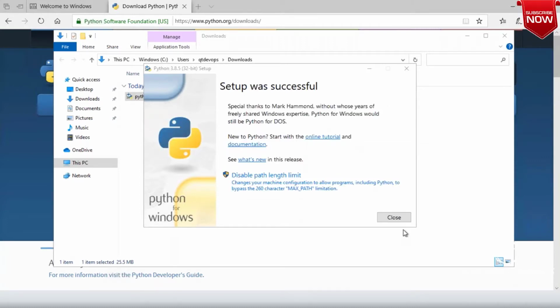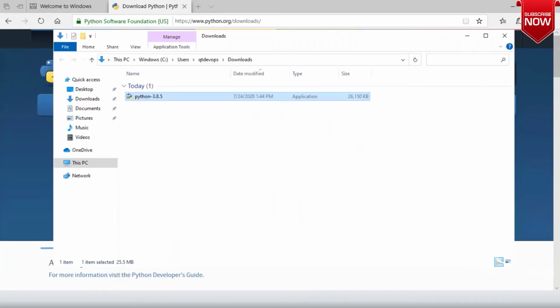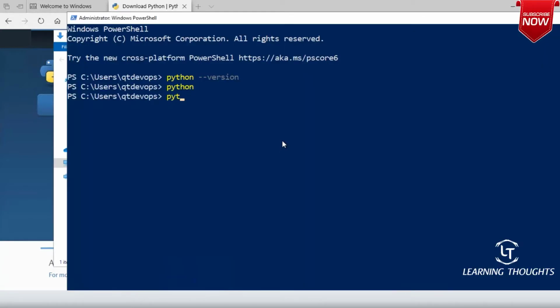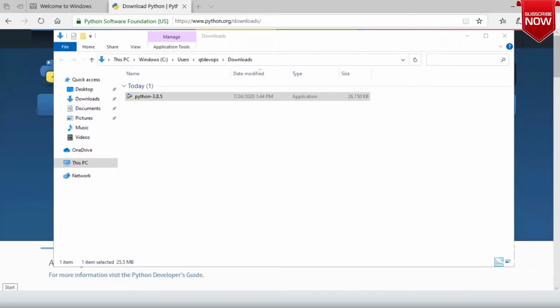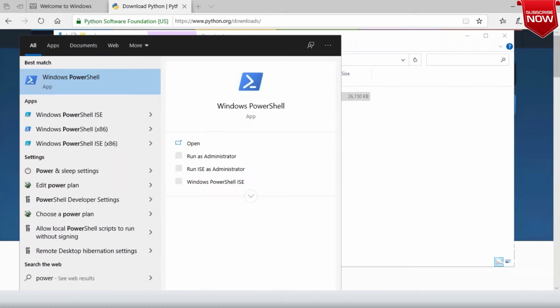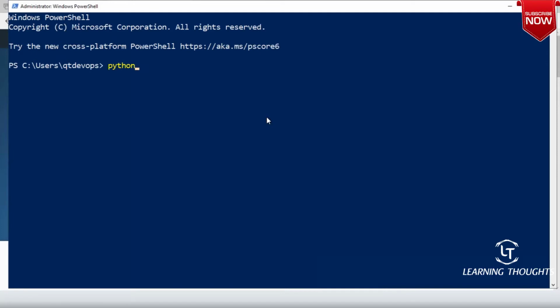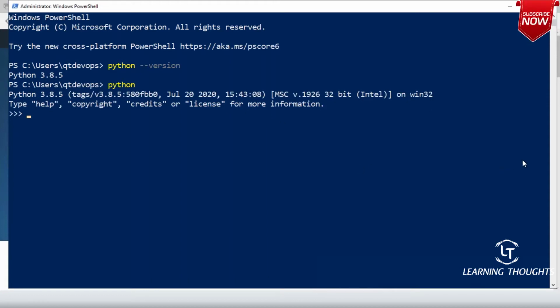Right. Now your Python is installed. Now, if you type Python over here, there will be no difference. In Windows, it is always a good idea to close PowerShell after you install software. Type PowerShell again, run as administrator, and then type Python hyphen version and then Python. Is it working, sir, now? For the people who are unable to install, can you try this now? But if you forget to add Python to the path, then you will not be able to see this happening.